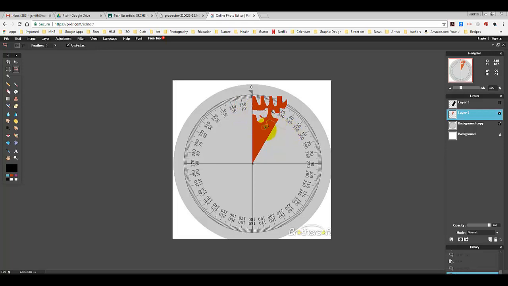And you want to leave some of the structure of the snowflake, so don't cut too much of it. But they're random, and everybody's snowflake will turn out a little bit differently. All right, so I'm going to say that's good. Control D to deselect. Now, I don't really need my protractor anymore, so I'm just going to turn off the